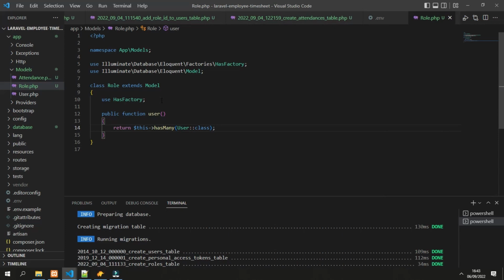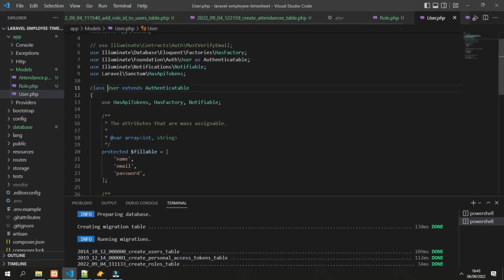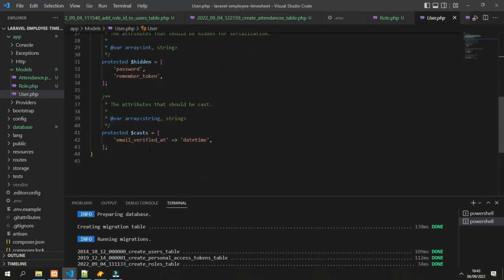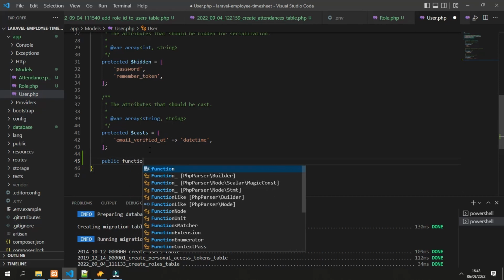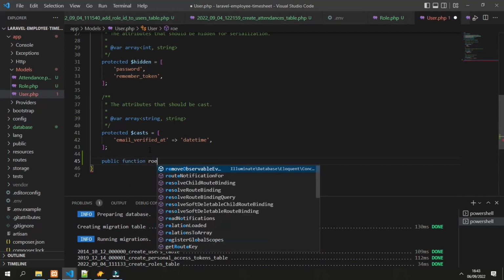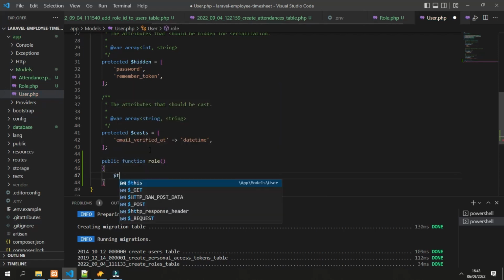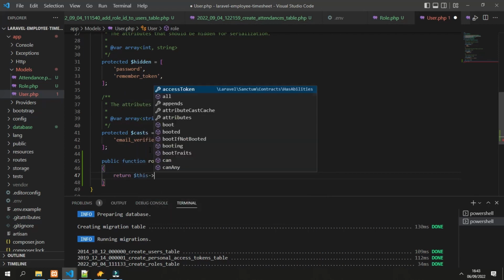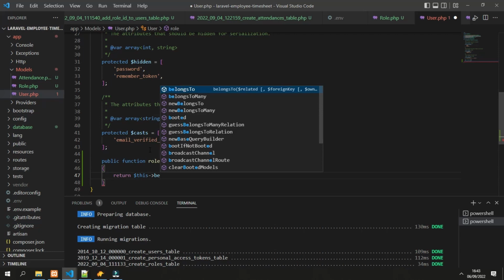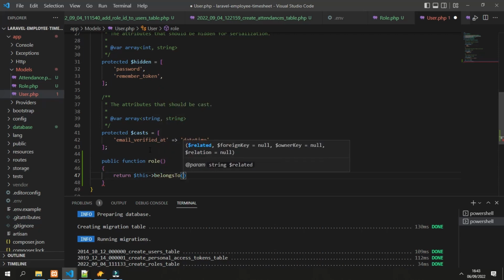We also need to tell the user class about the relationship. We open here, still the same, public function role, but this time it returns a belongs to relationship with the role model.